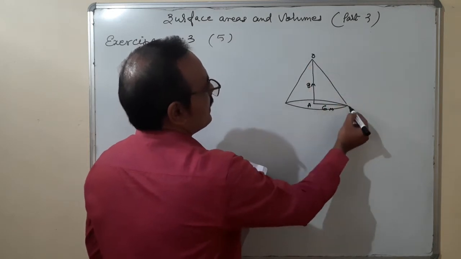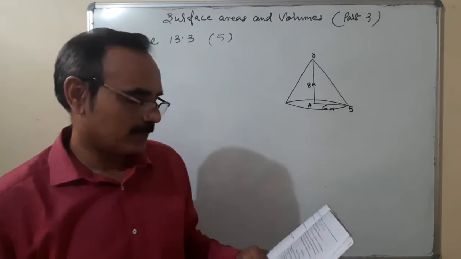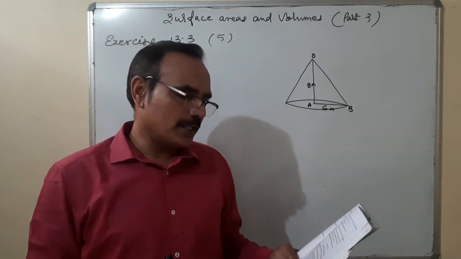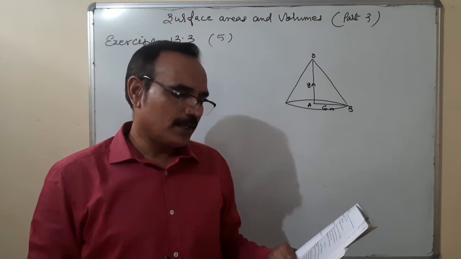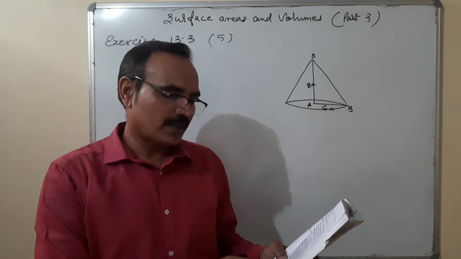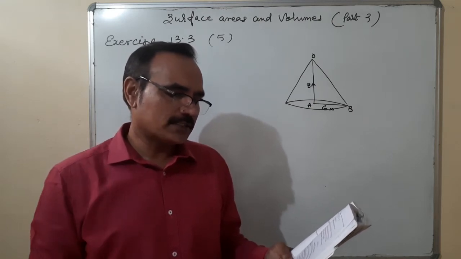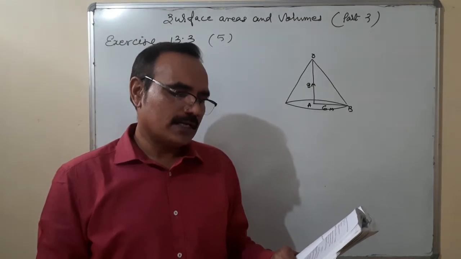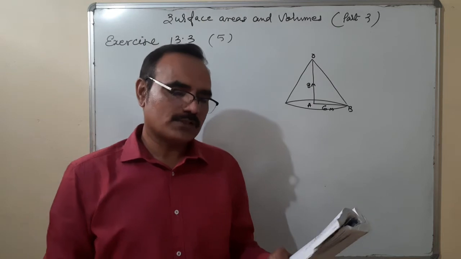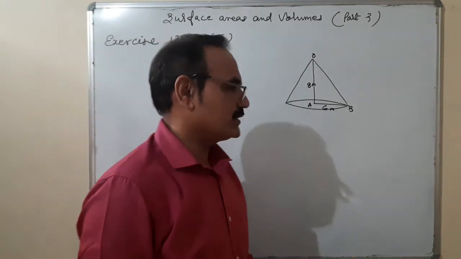Here it is given that height, that means we have to take the plane height, h is equal to 8. So we need the length of tarpaulin 3 meter wide required for this. The last line says that for stitching, margins and the wastage in cutting, approximately 20 centimeter extra material is required.